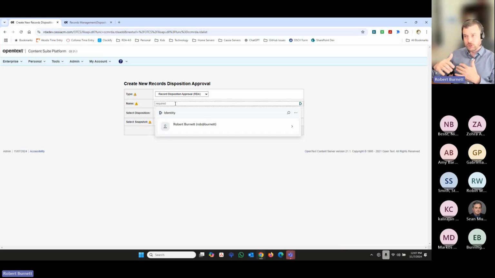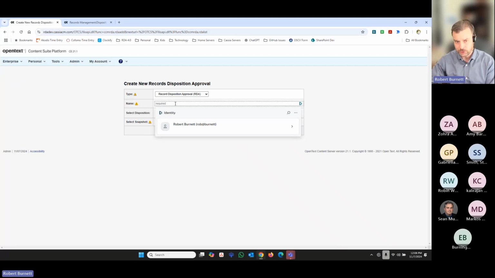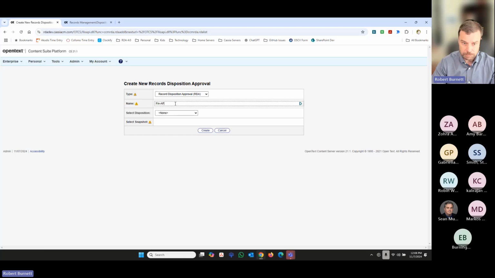Now, we ran our disposition search on the finance area, which contained two business units, my accounts payable and accounts receivable. Now, accounts payable goes to one set of users, and accounts receivable goes to a different set of approvers. And so I'm going to have to create two different work packages or review packages for the records in each of those business units. And so what we'll do first is we'll do an accounts payable disposition search, or RDA package, sorry, and we'll walk through how we can actually kind of slice and dice our result set in order to accomplish that. So I'll call this one a FinAP